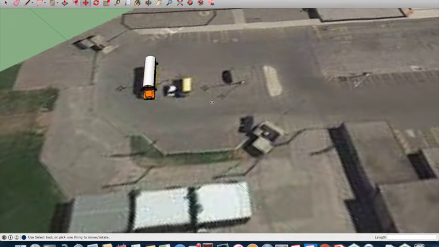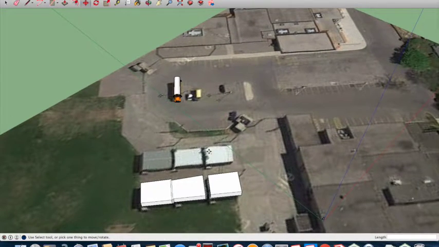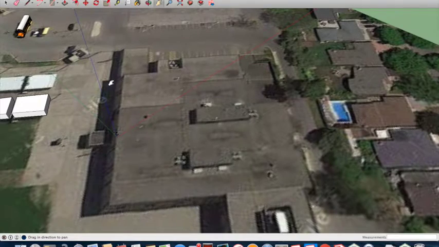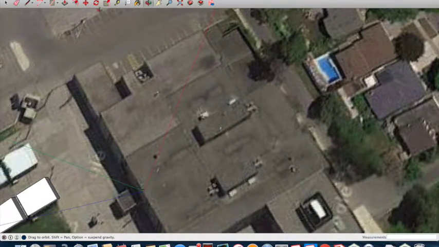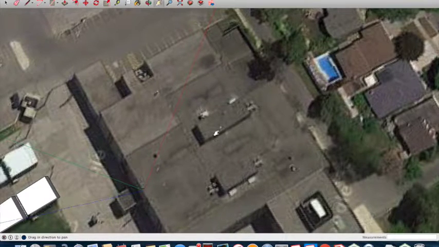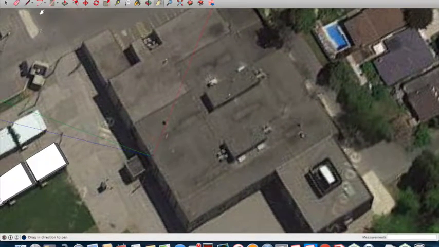All right, so we've got the bus in place. Now I'm going to show you how to trace out a school. And what we do here with the school is, once again, go over the school. I want to kind of pan over it. And I know my school has many additions and different variations, so I'm going to kind of play around with that. Now I know that this area here